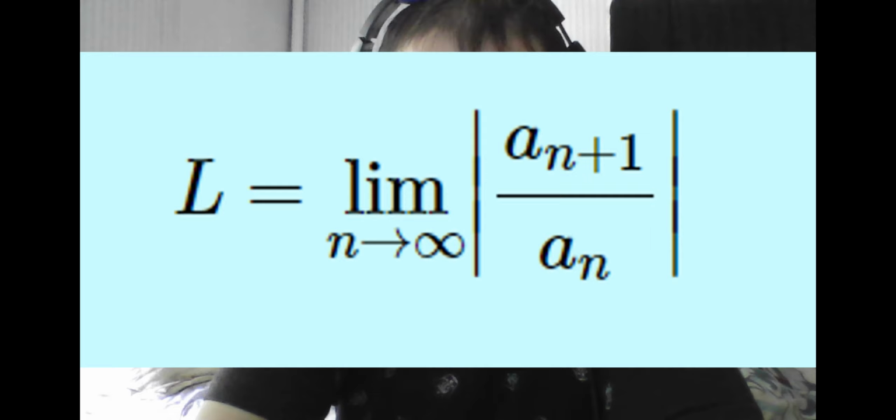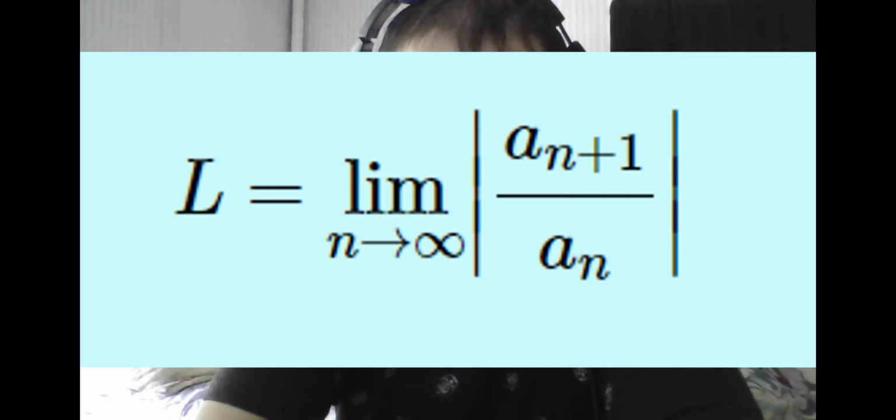Hello everyone. For this tutorial video, I'd like to explain the ratio test, which invokes the concept of absolute convergence, which is why we stopped to study it first. In particular, if we have the sum of a subscript n, and define the limit capital L as n approaches infinity of the absolute value of a subscript n plus 1 over a subscript n,